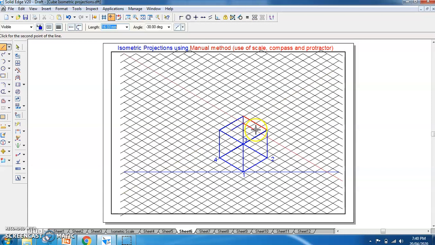So again this 10 mm I will be leaving, I will be connecting this. Okay, so see, this I am connecting, this is 20 mm. Again if I connect, this is isometric 20, and if I connect it like this, I am getting the bottom of the top cube. Okay, so now from here again 20. Okay, then from here it is 20. Okay, then from here it is 20, from here it is 20.